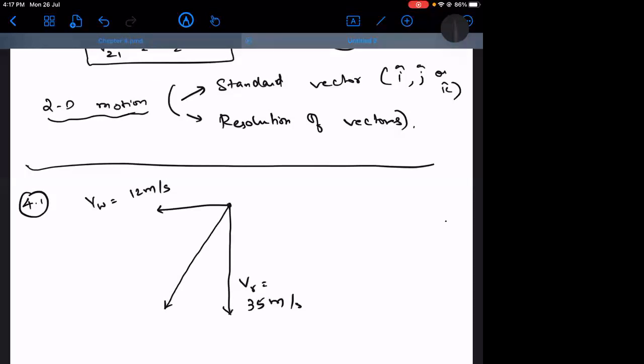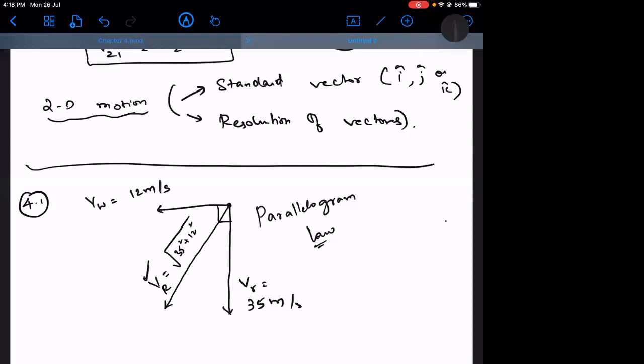So what law did I apply? According to the parallelogram law of addition. Parallelogram law of vectors, I can say this is going to be the resultant. So capital R here stands for resultant. Okay. So how much is the value? Root of, tell me what is the formula for parallelogram law of vectors? Root of a square plus b square plus 2ab cos theta. Yeah. What does cos theta mean? Cos theta is the angle between those two vectors. So root of a square is 35 square, b square is 12 square. So root of 35 square plus 12 square, whatever is the value, that is going to be the velocity of